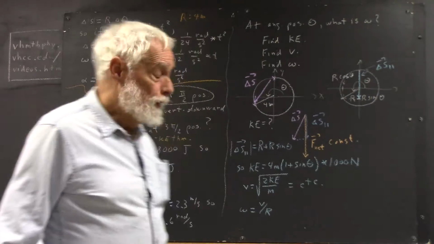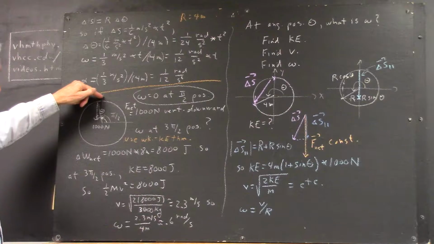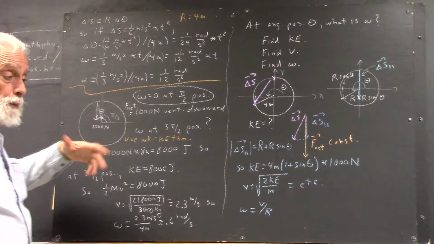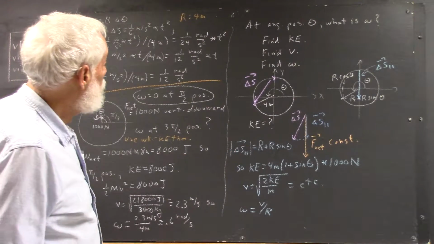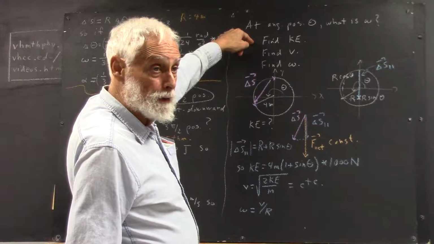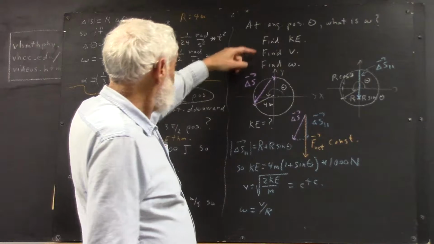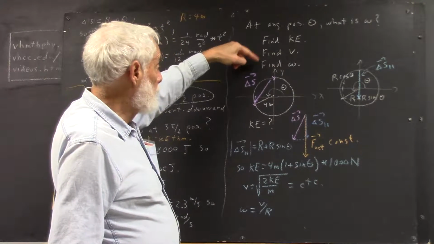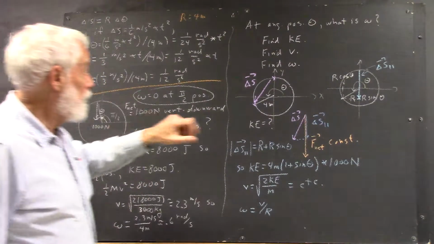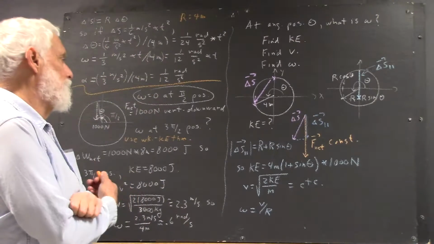Well, if we know the angular position theta, then we can figure out how far we are below this point. Figuring out how far we've come below this point, we can figure out the potential energy change. So, what I'm saying is, well, let's first find the kinetic energy, okay? The kinetic energy will be equal to the loss of potential energy. Find the velocity, and then find omega, just as we have here. So the key is to find the kinetic energy,